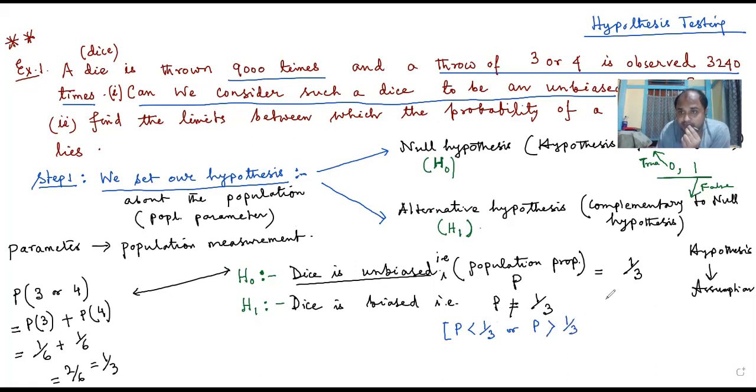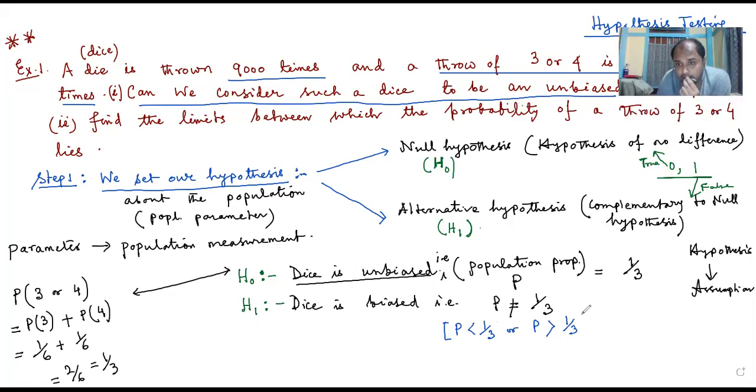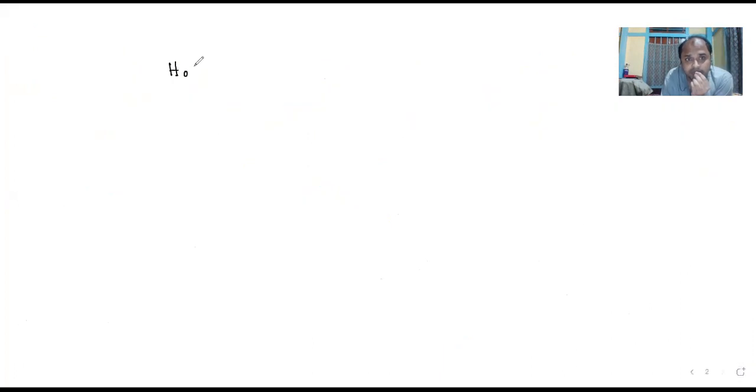Two possibilities are there. And therefore, if the null hypothesis is wrong and the alternative hypothesis is right, then we do not know which of these two will hold good. So such a type of hypothesis testing, where we consider the equality sign in the null hypothesis and the not equal to sign in the alternative hypothesis,